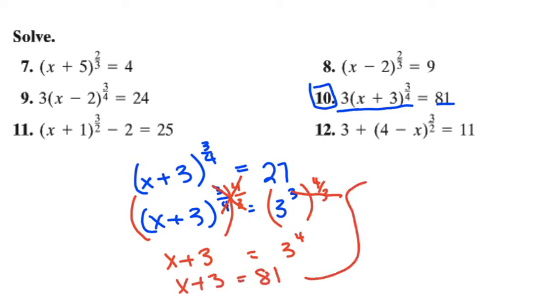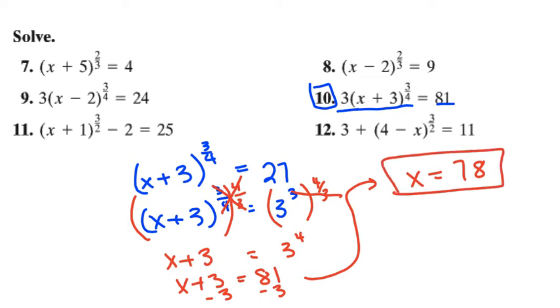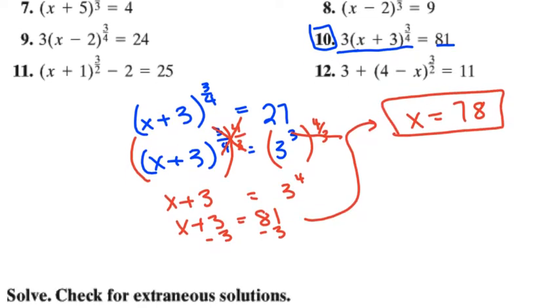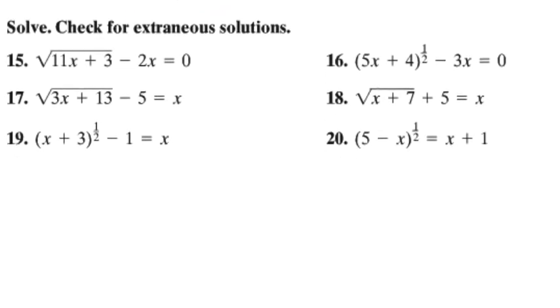Let's go ahead and bring this over here and finish it. We're going to subtract 3 from both sides, so therefore x equals 78. And this would be your answer. All right, looking at our extraneous solution, friends,